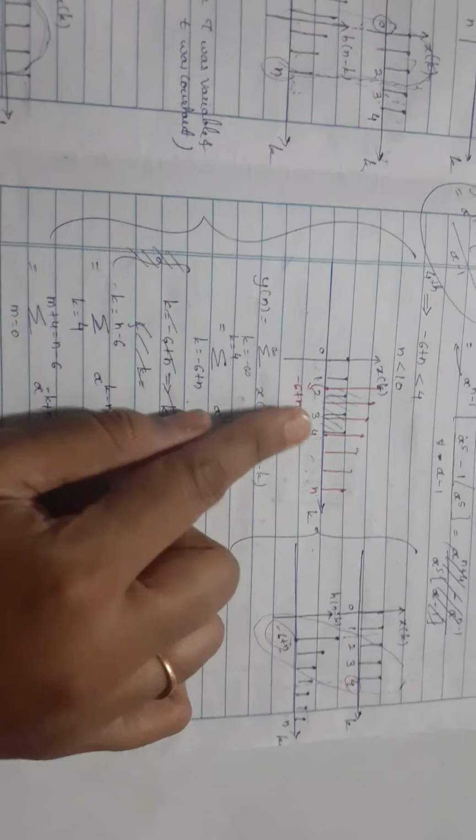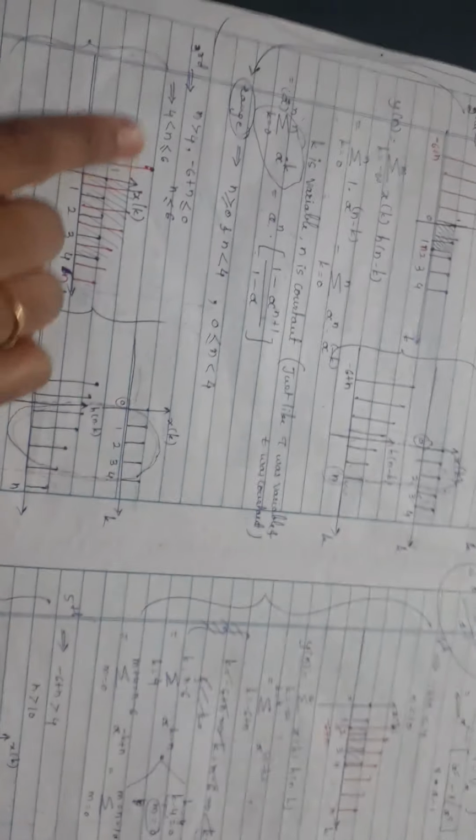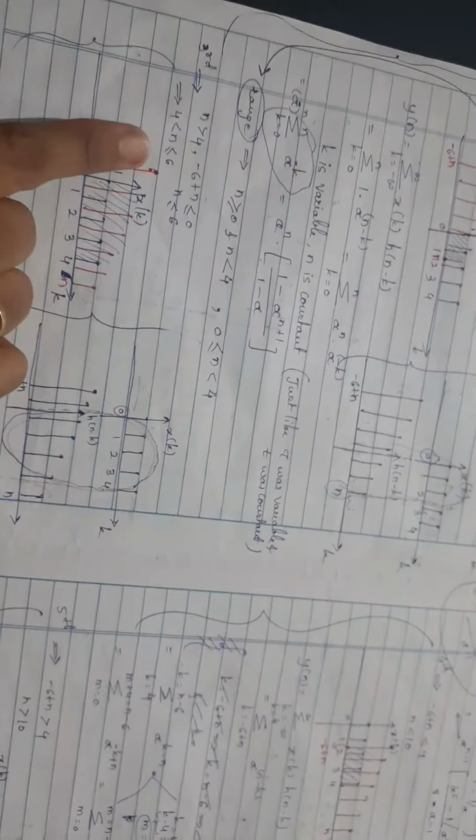Continuing the previous problem, let us now move to the fourth overlapping range. When we keep the second signal, which has 7 samples, h of n minus k, greater than 4, no doubt. Earlier case was also greater than 4 only, but the last sample was lying before 0. But this time, n is greater than 4 only, but the last sample is lying now greater than 0. Earlier it was less than 0, this time it is greater than 0. Just try to understand this.